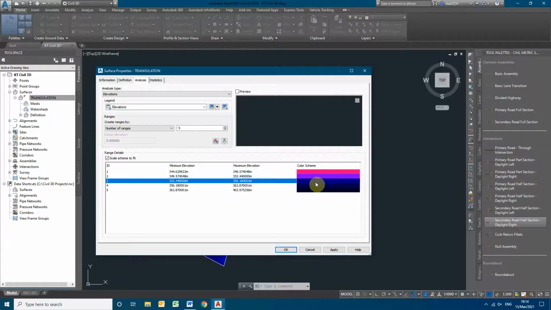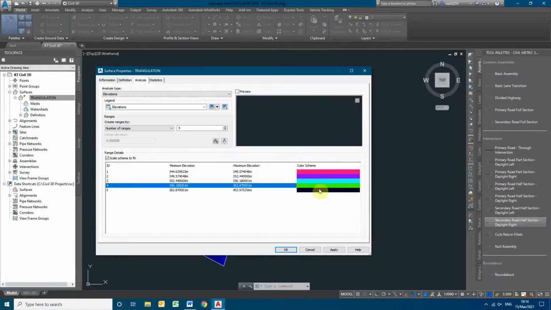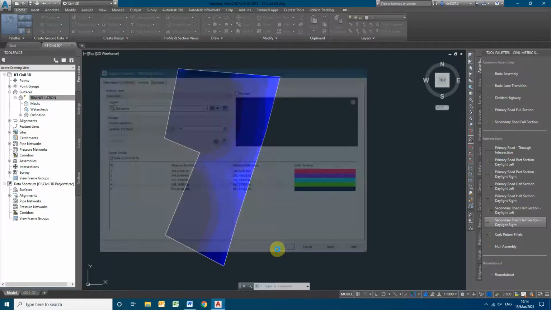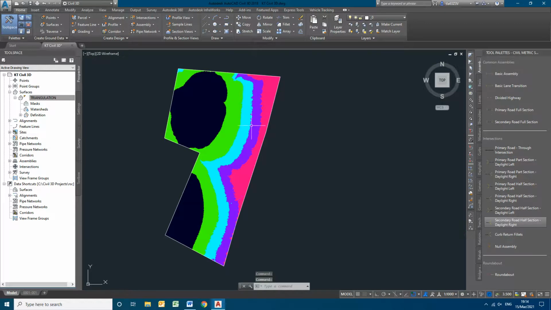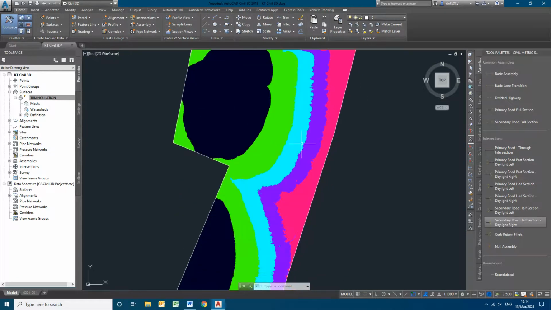You can assign different colors which can be easily identifiable, based on the elevations that we have here.